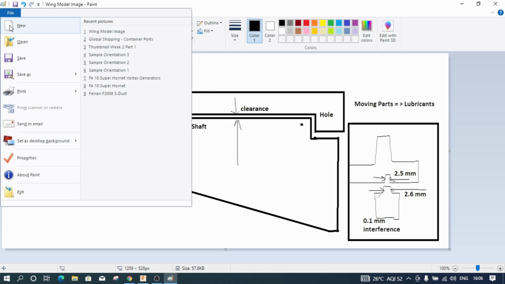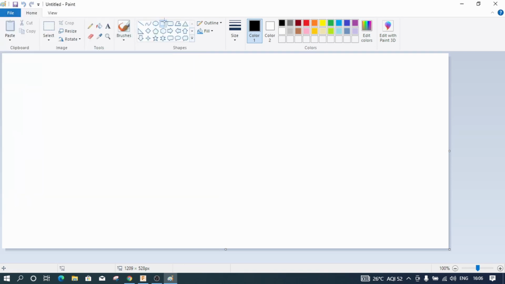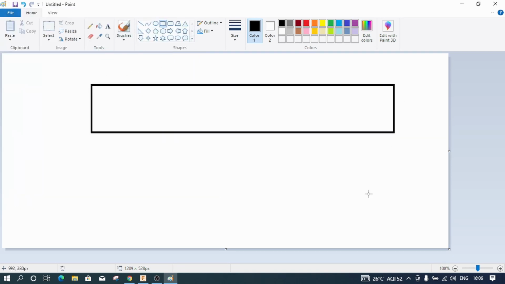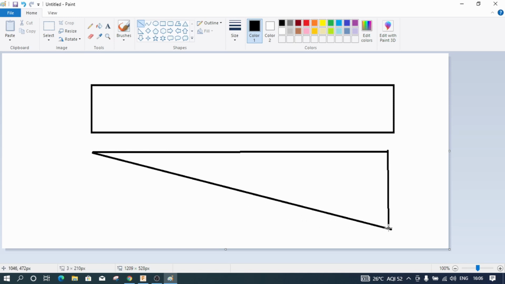And I will open a new drawing. So we have a body and we have a wing. And we also have a joint which is protruding like this. So this particular region is duplicate in nature, or you can say it is being overlapped. This particular region is common for both the bodies. So I don't want that.